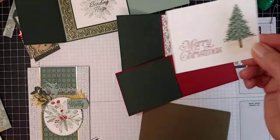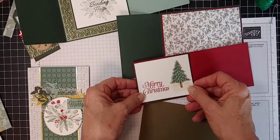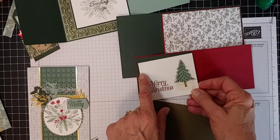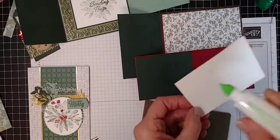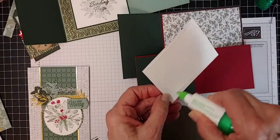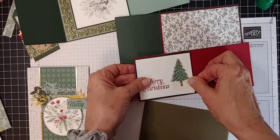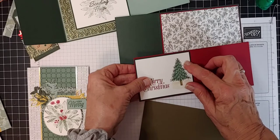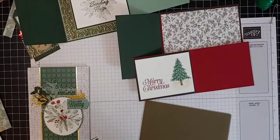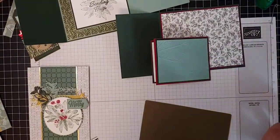Then I took the Merry Christmas sentiment from the same stamp set, and that created my inside here. And I'll probably just write on it here, love the Browns or something like that. You could also, if you wanted to, put like a family photo in here, a small one of your kids, or if you have a doggy and you want to do that, you could easily just include that. Okay, now